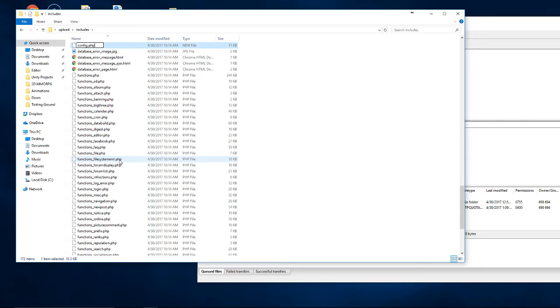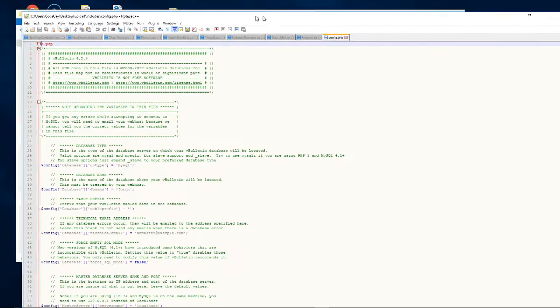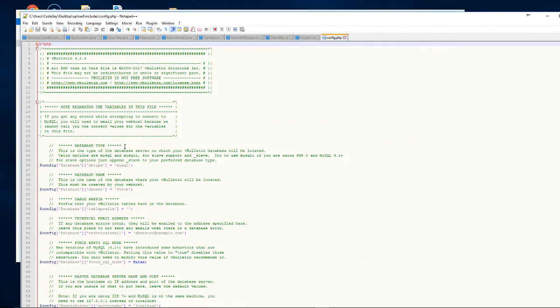I'm going to rename that to .php. I'm going to open this. Alright, and this is what it looks like. It's just a config file with all your database name stuff. So here, the database name is codegay_forums,